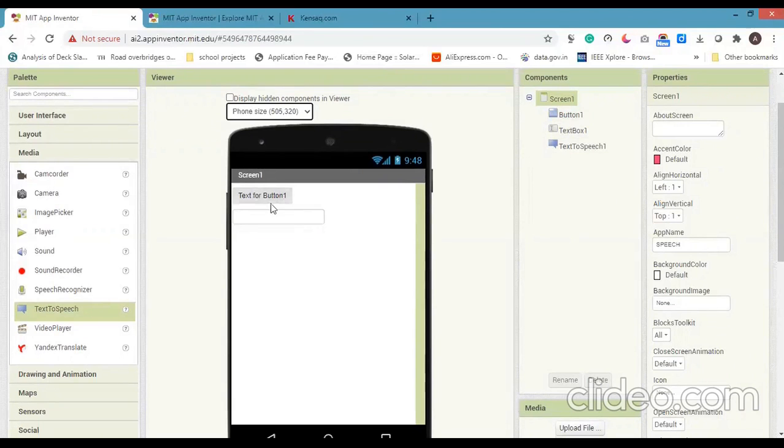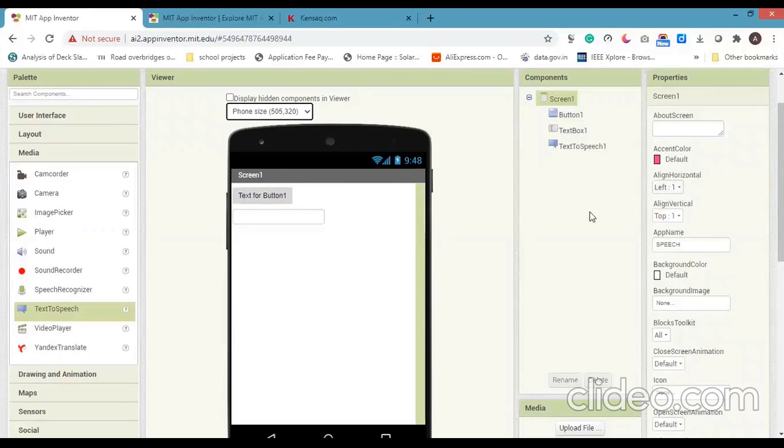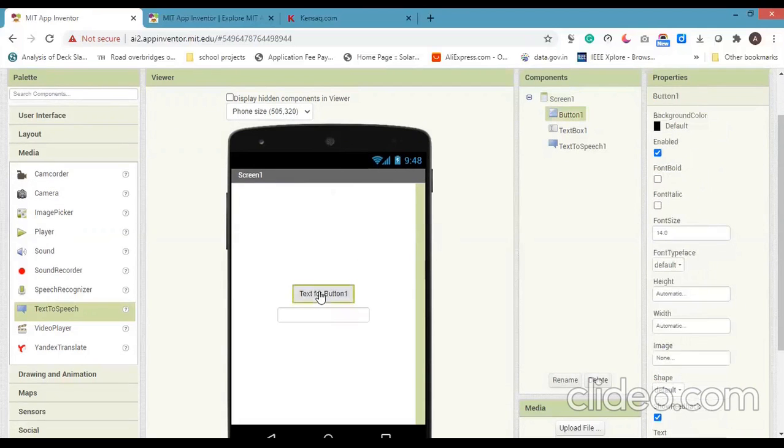Now I am going to design the front end. Click the text button. First I am bringing all this to the center of this mobile phone. Center. Click the text box.